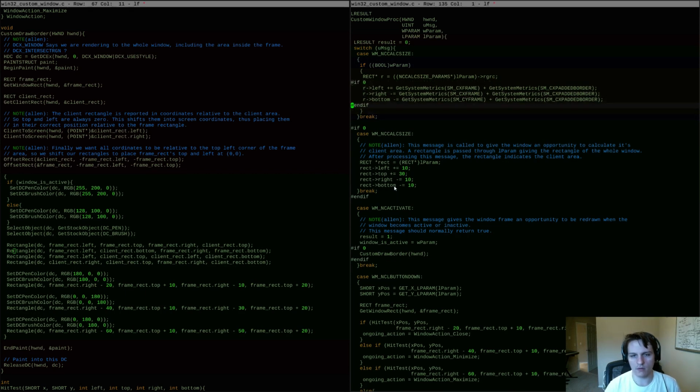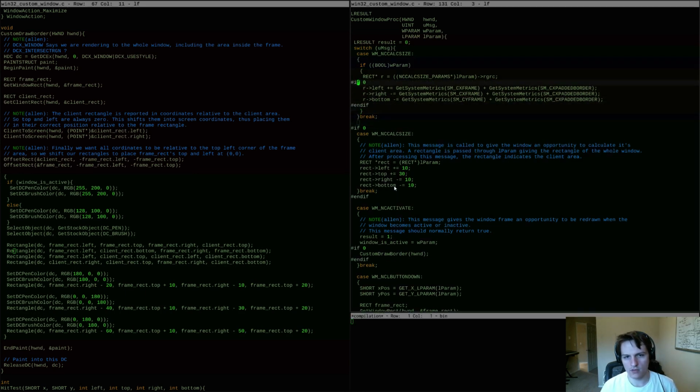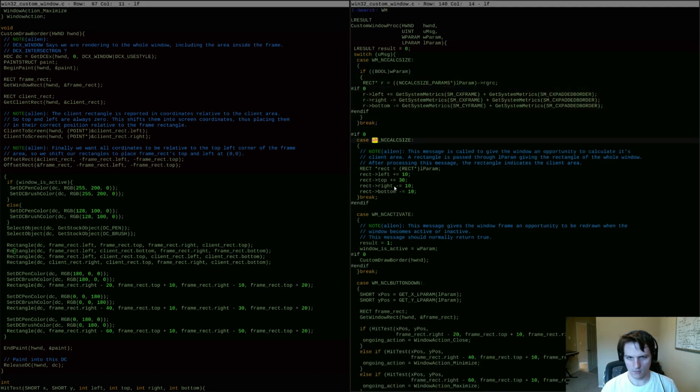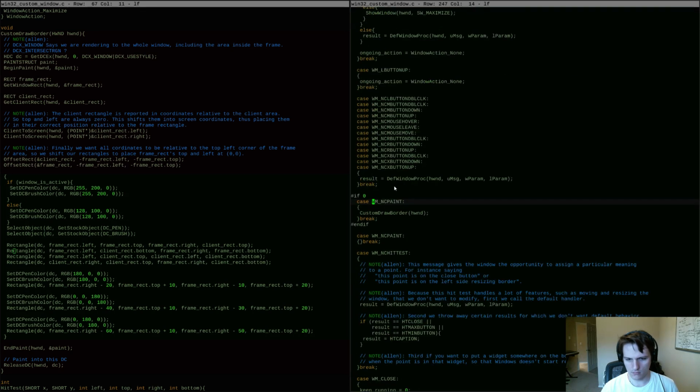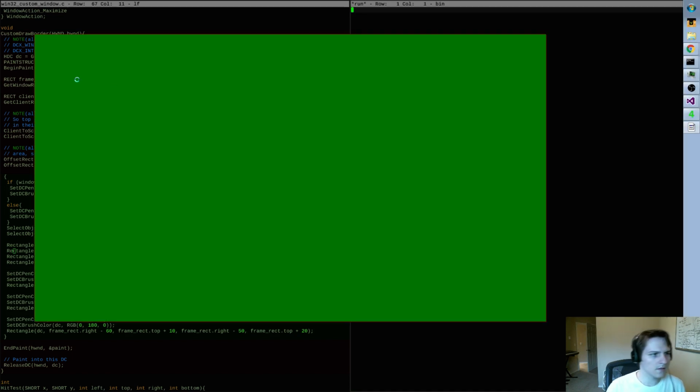So why bother to do this? What if it just said, yeah, I'm returning 0 on WM NC paint. So if I did that, let's see what we gain and what we lose. The problem with that is now I'm not getting any resizing, right? But I think I can get that back